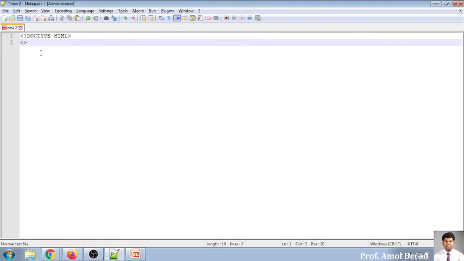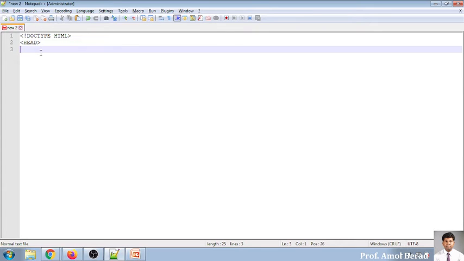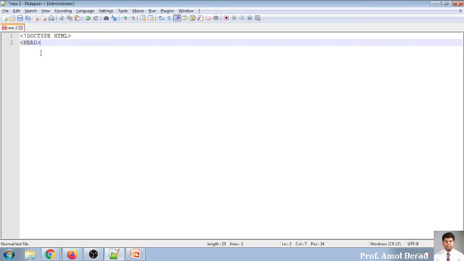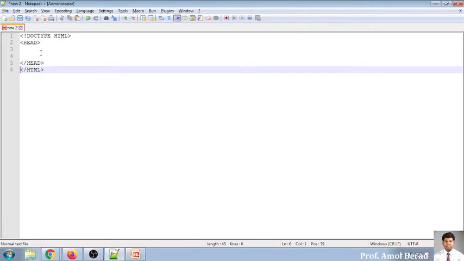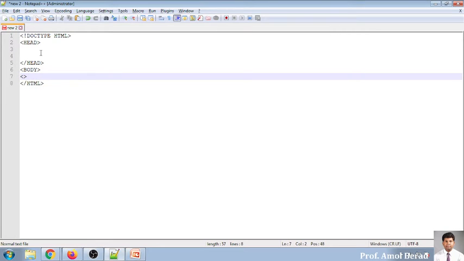Now, after that, if I'm talking about the skeleton, there should be a head part, because the head part contains all the details about your application. It is not displayed on the screen, so we use this. So this tab is like this. Whenever I open a tag like head, the name automatically comes in front of me, and I close it. In the same way, if I'm saying HTML, whichever tag I have opened, it will be open in front of me. So the overall skeleton is like this. The head part is there, and after head, the body part is defined. I'm writing each and every tag in uppercase. I make a habit of writing it in uppercase.